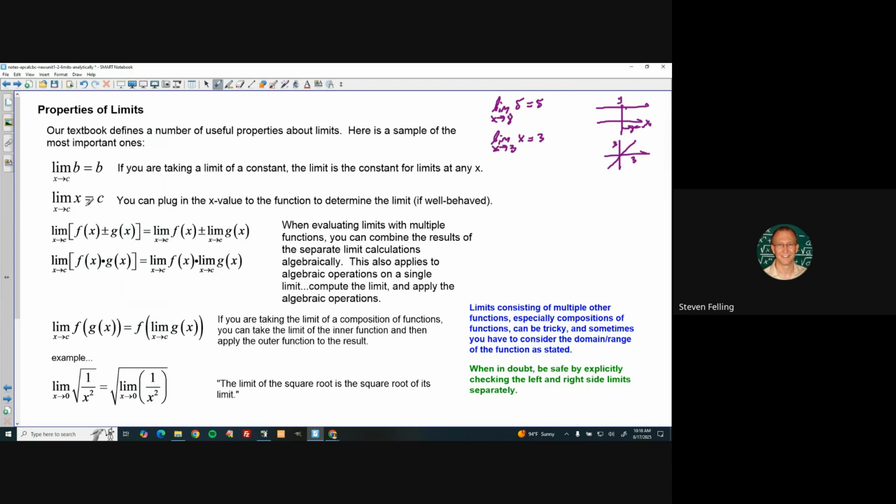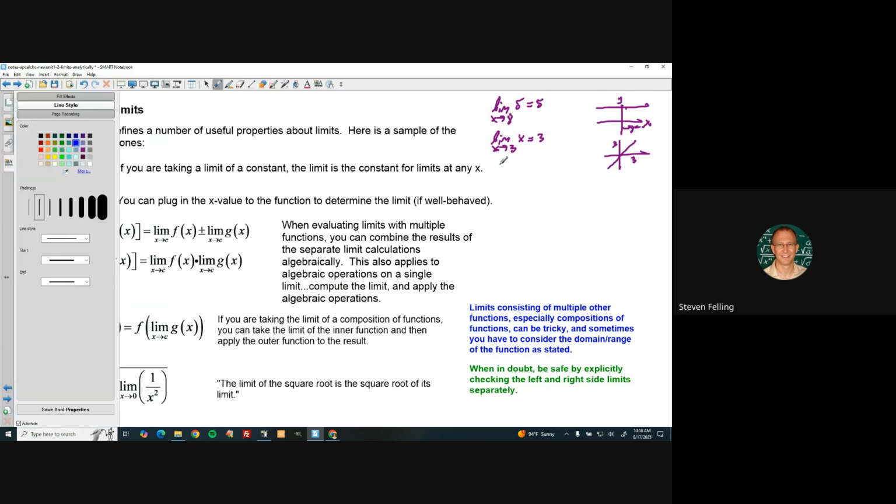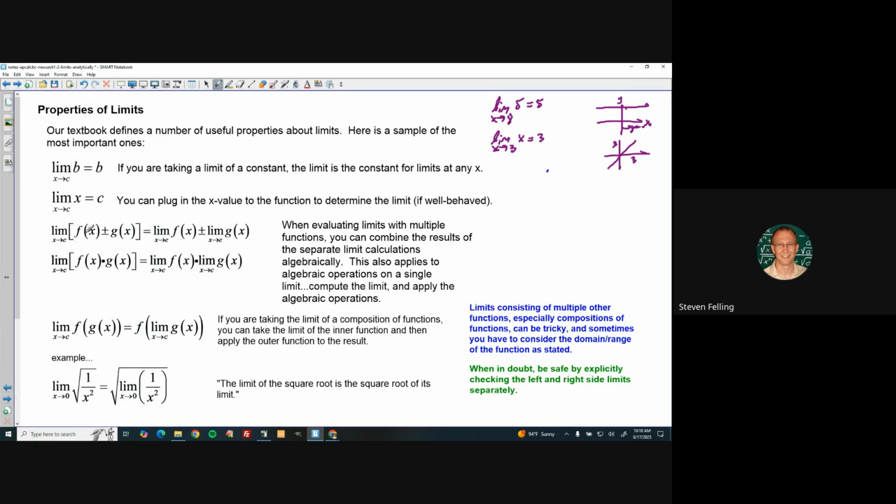Okay, this next one is really important. We're going to take advantage of this quite a bit. The limit as x approaches c of f of x plus or minus g is equal to separately the limits of the first and the second function. This is what allows us to do this. Let's say we have the limit as x approaches 2 of x squared plus x cubed. Okay? So what this is saying is that is equivalent to taking the limit as x approaches 2 of x squared and the limit as x approaches 2 of x cubed and simply recombining the results after taking the limit,